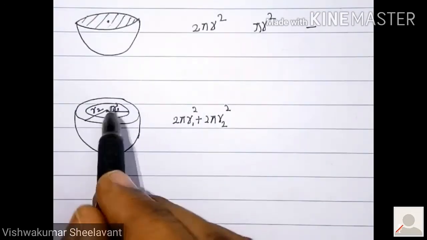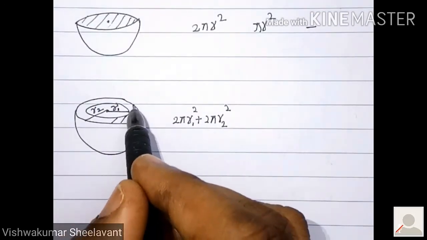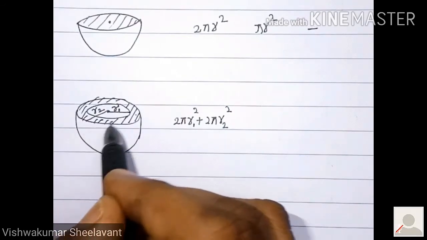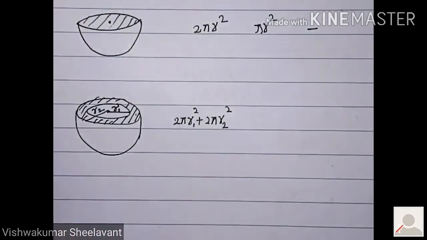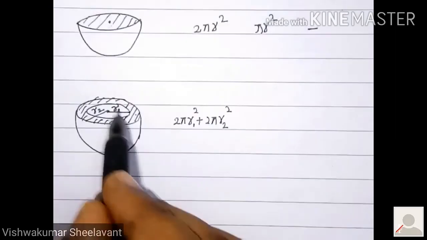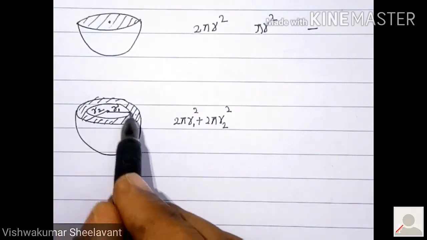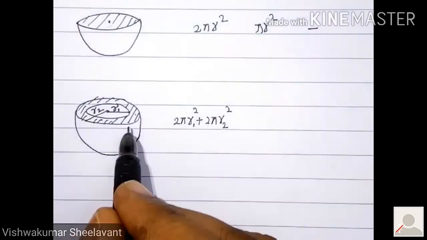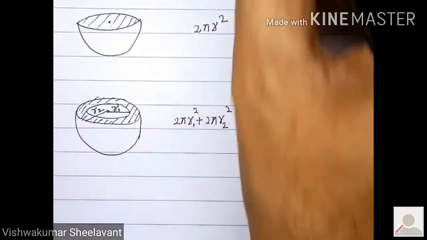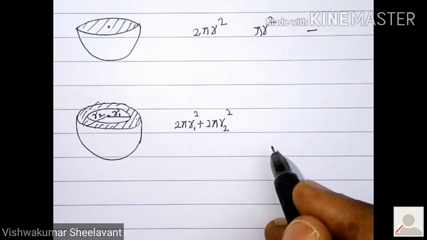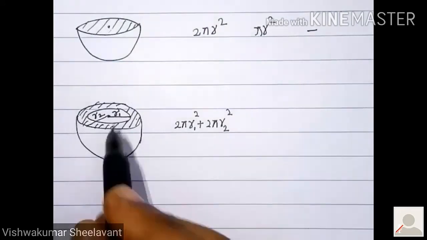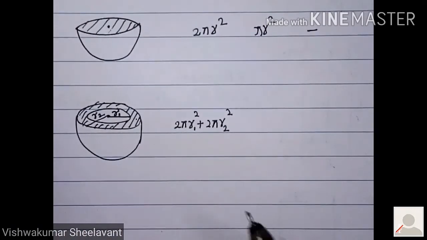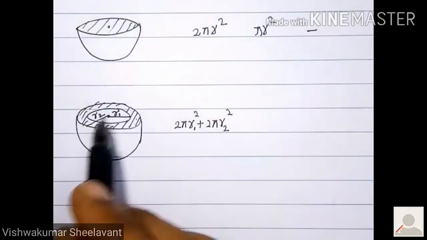And what about this annular ring here? Because at the center you are having cavity, it's a hollow portion here. Only here you are having the matter. So only this hatched area you have to calculate. And that hatched area is nothing but top area now. That is nothing but top area. And the top area is nothing but outer circle minus inner circle area. What it is? Outer circle area minus inner circle area.